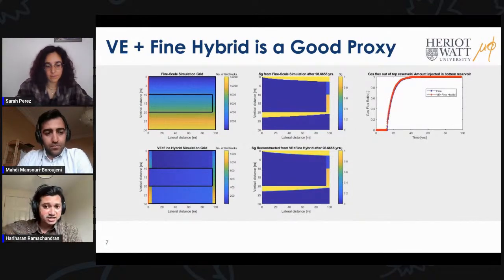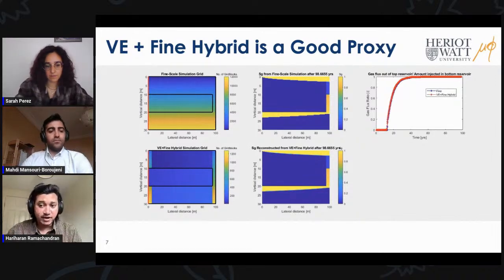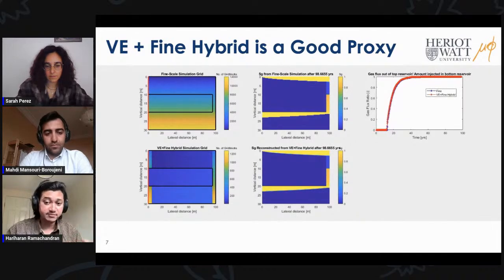Now, there are 2 directions in which we can take this research forward. One, we can add different values to the rock and rock fluid properties for the reservoirs and faults. For example, we can include different capillary pressure curves for the reservoir and for the faults, and study the impact of capillary entry pressure on fault leakage. We can couple it with a geomechanical model, for example, and then predict the impact of effective stress on this fault zone permeability. That is one way to take this forward.